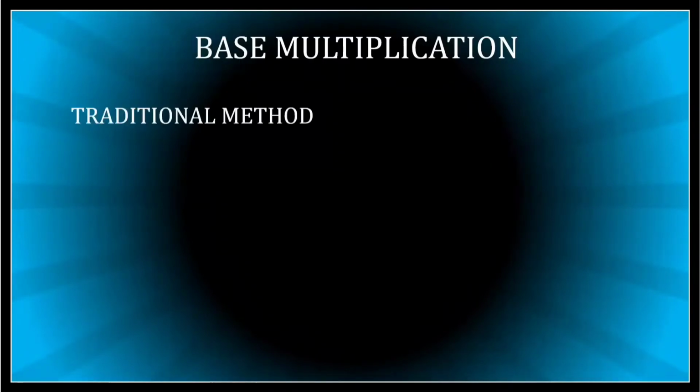So the traditional method says, what if I need to multiply, let's say, 13 and 12. So how do I do it? I multiply 2 by 13, I get 26. Then I put a 0 here, and I multiply 1 by 13, so I get 130. I add both of them, and I get my answer as 156. This is the method, but it takes time when you're doing all this, right? I'm speaking it fast because I know how it is to be done, but when you're doing it, it takes time. Let's take a little complicated one.